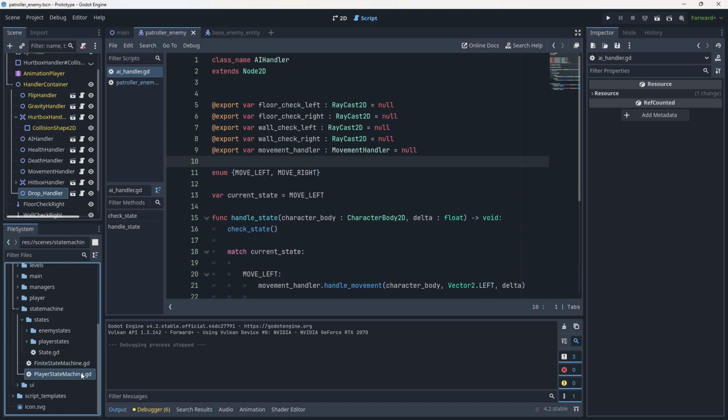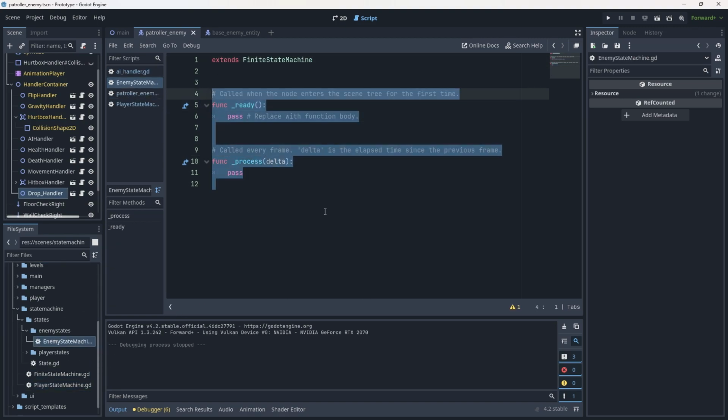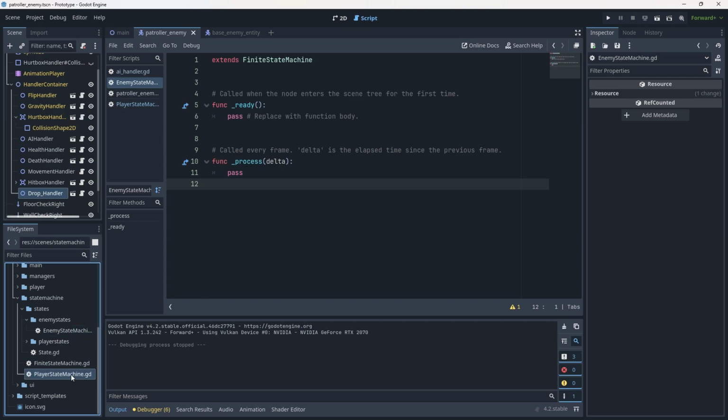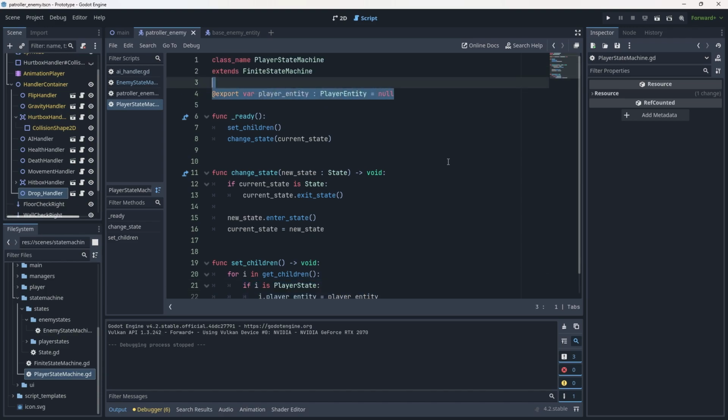So now what we can do, and this is kind of a really cool thing, where we've set all of this up before, we can actually come to the player state machine, because we're going to be using a lot of similar code, but not all the exact same. Specifically, these two lines here and this line will be getting changed. But what we can do is we can copy this,